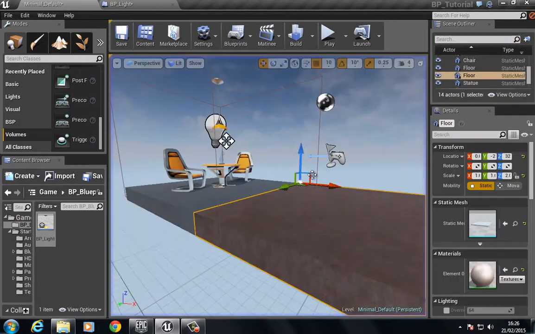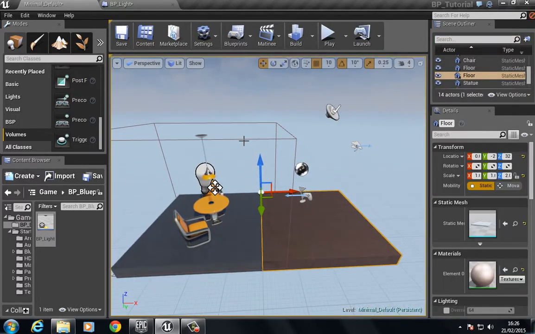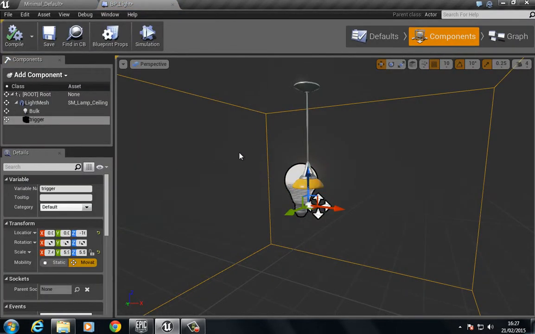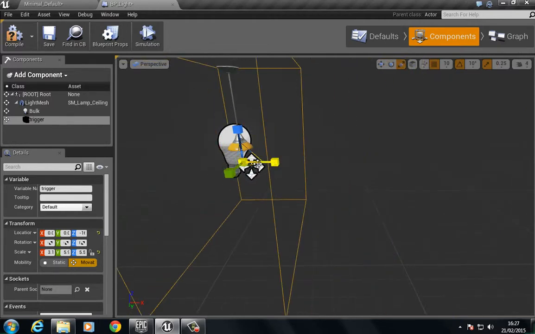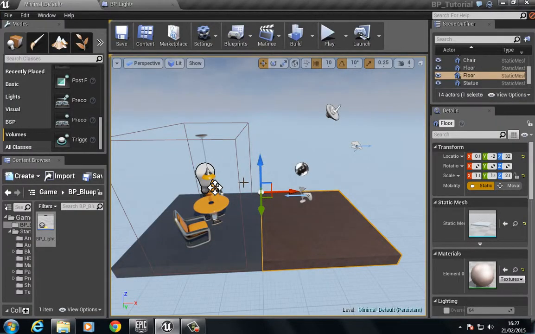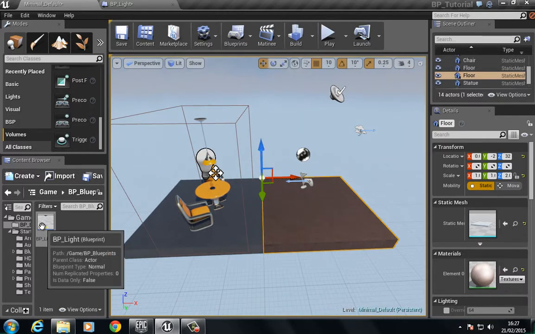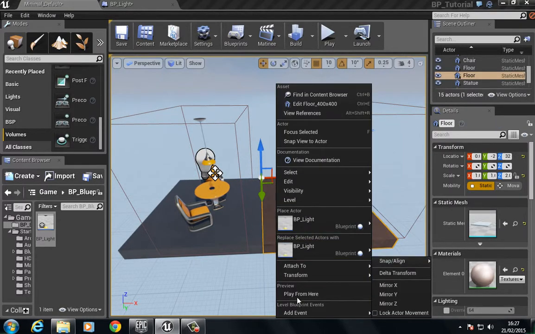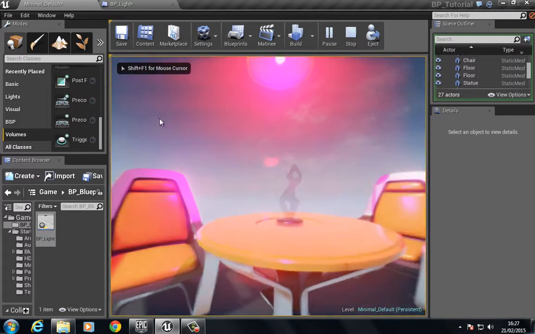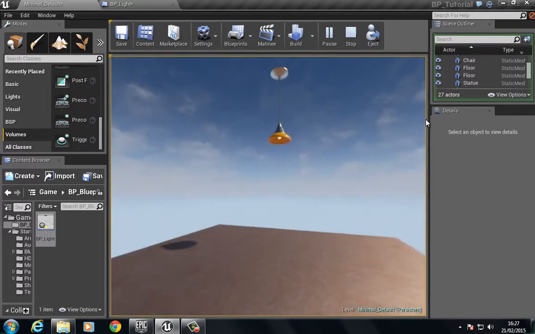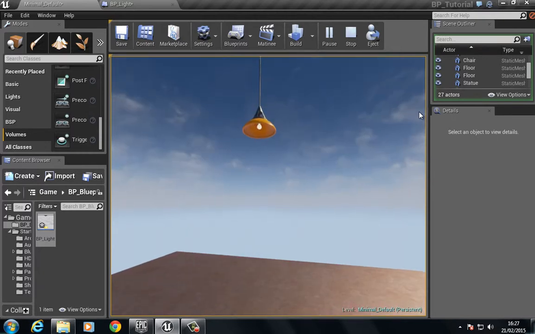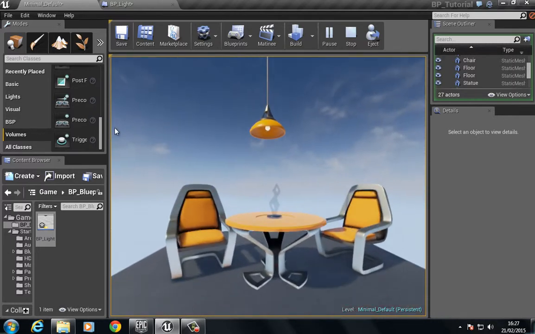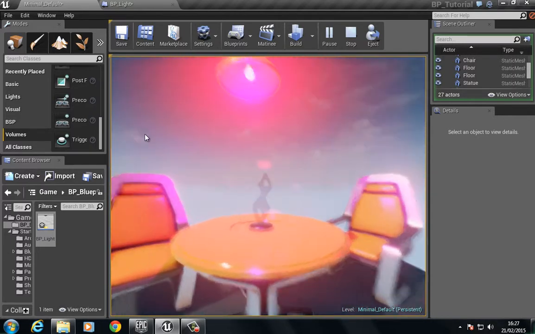Now this is what I was saying to you. Let's take our component here. Actually, let's take our trigger. Let's scale this down just a little bit. There we go, like this. Okay, so now say we take this and drag this out over here, and then we start from here. Just play from here. You can see that as we move in here, it turns on, it turns off, and if we move over here, we turn this on, and we turn this off. So that's pretty cool. So that's the very basics of